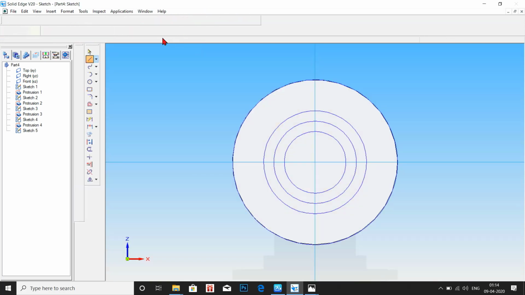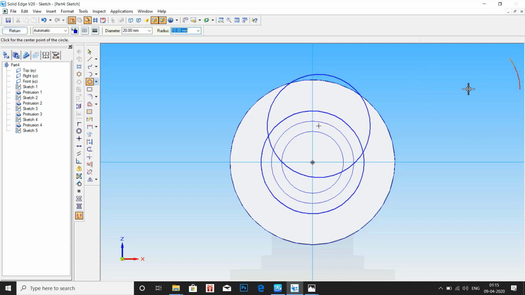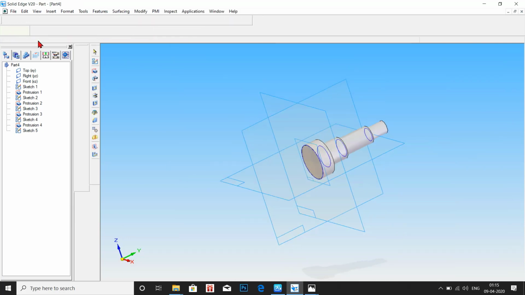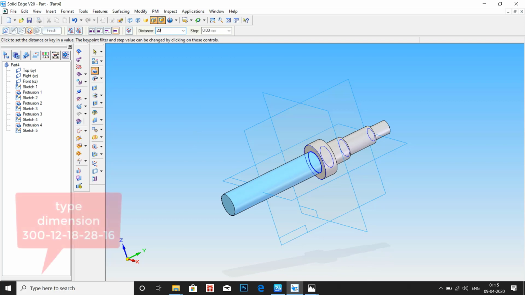So now click on this surface, now draw a circle of 20 mm to make the screw. So draw a circle of 20 mm. Enter 20. Now click on return. Go to protrusion, select the profile, OK, and now enter the value as,